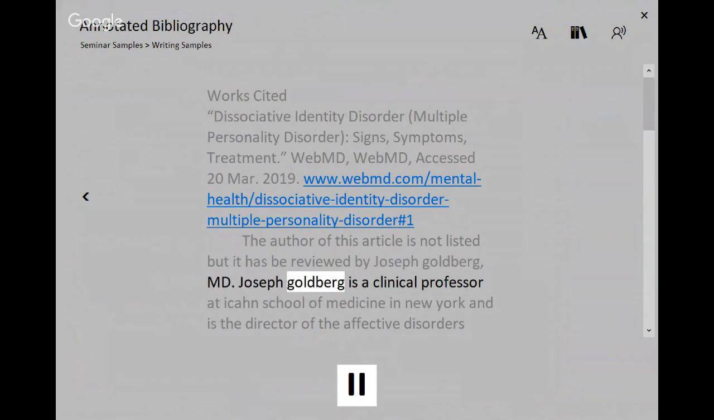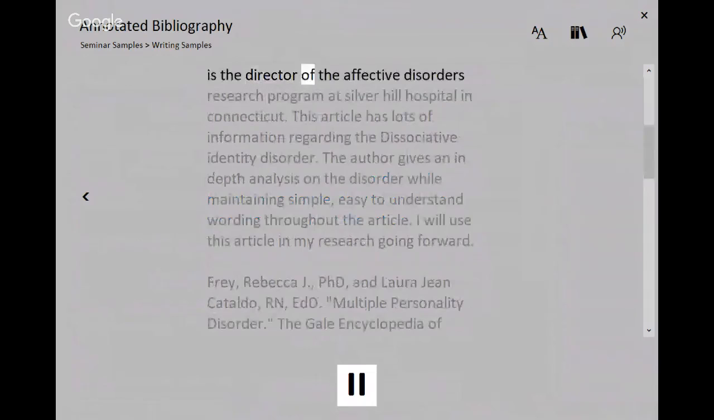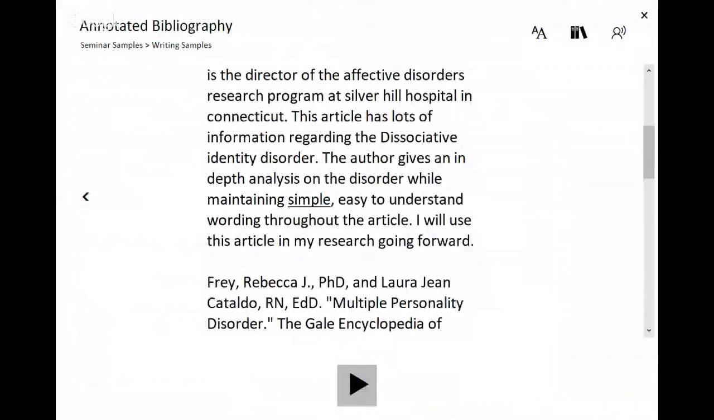MD Joseph Goldberg is a clinical professor at Icahn School of Medicine in New York and is the director of the Affective Disorders Research Program at Silver Hill Hospital in Connecticut. This article has lots of information regarding the dissociative identity disorder. The author gives an in-depth analysis on the disorder while maintaining